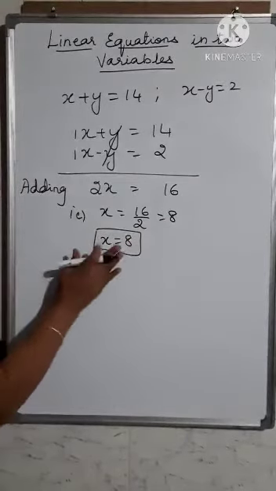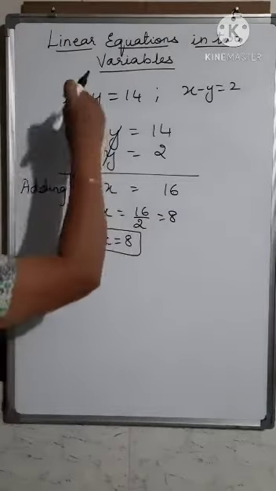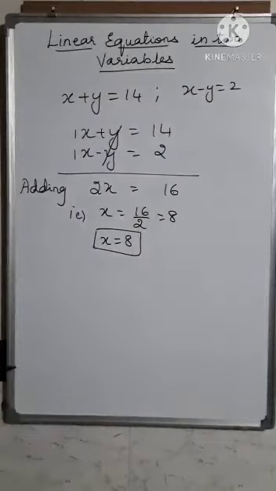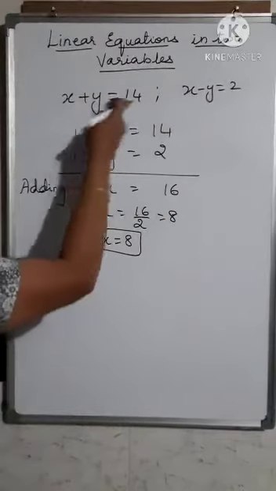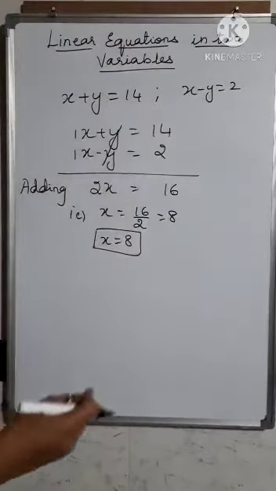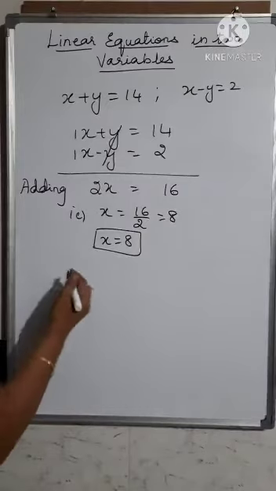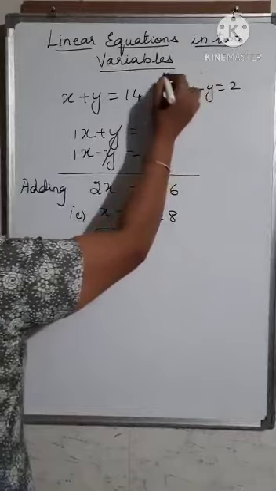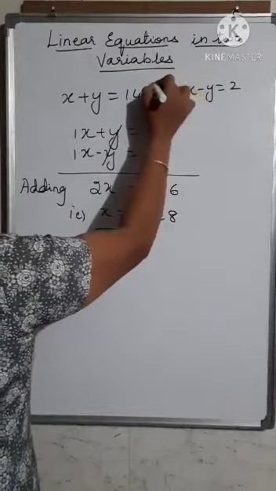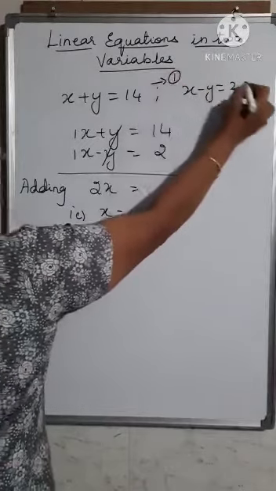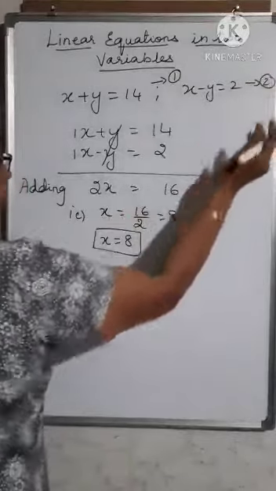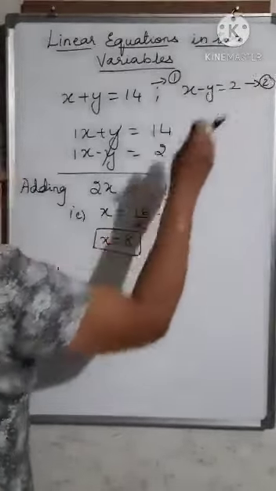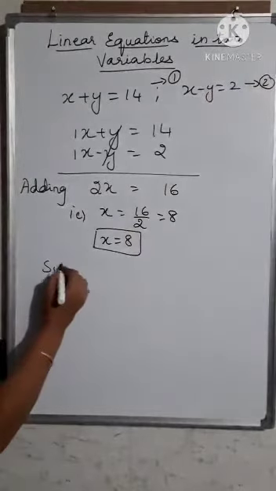Now what you have to do is substitute this value of x in any one of these equations and find out what is the value of y. For that, wherever you have smaller numbers, if you do the substitution, the simplification will be easy. So we'll do the substitution in the second equation. So you consider this as the first equation and this as the second equation, so that you don't have to write the equation, you only have to name which equation it is.